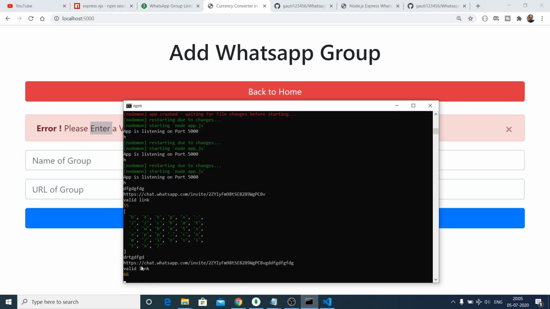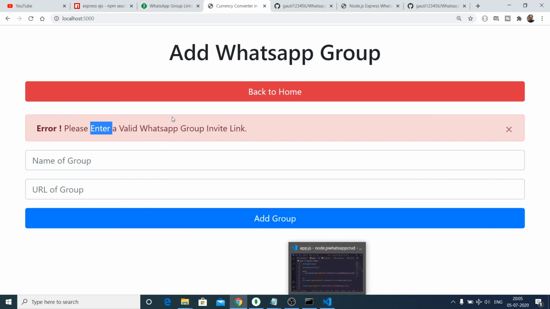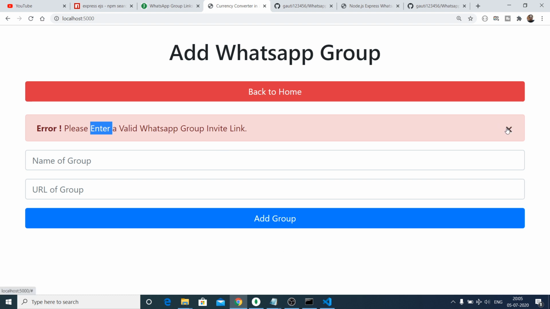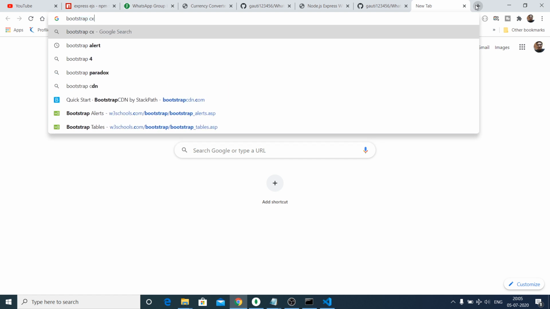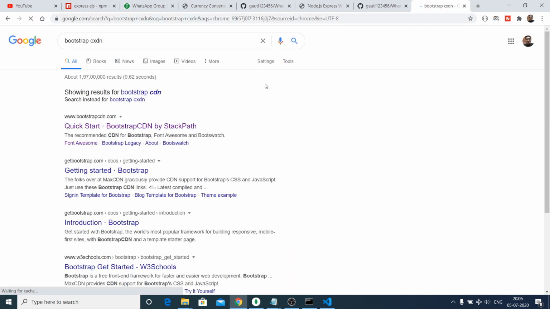So now if I check the link, so this is the message which is coming here. So in order to close this, you can just take the CDN of Bootstrap. Just click on Bootstrap CDN and you need the JavaScript CDN.